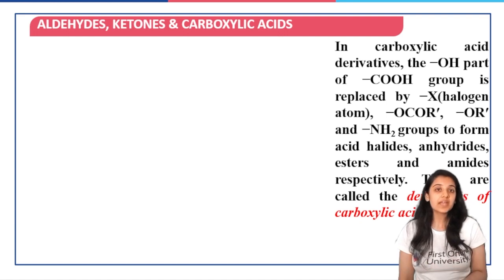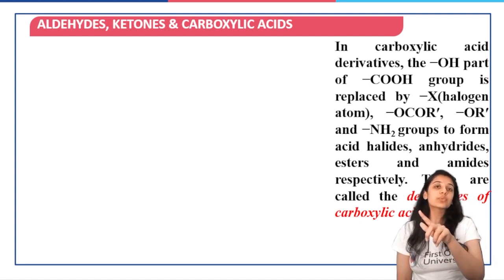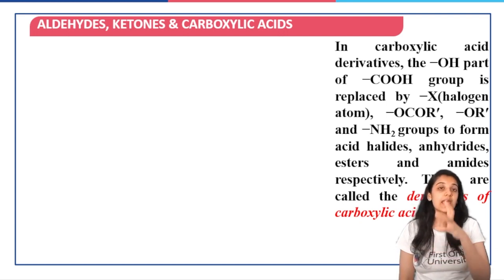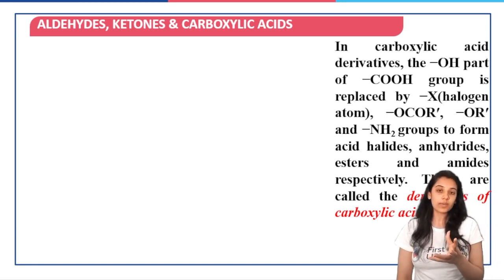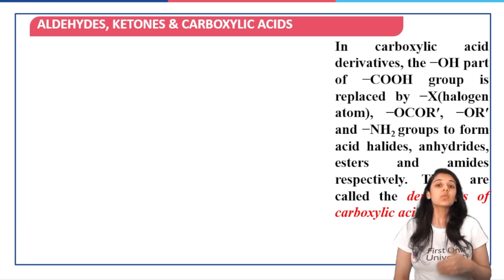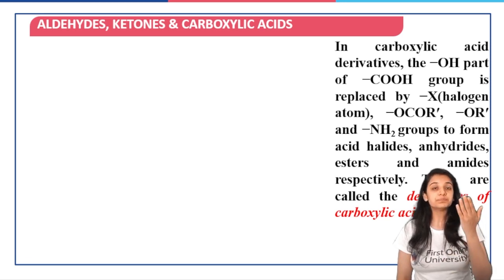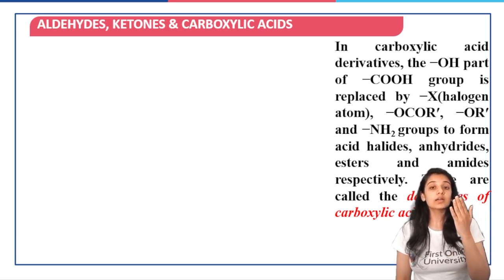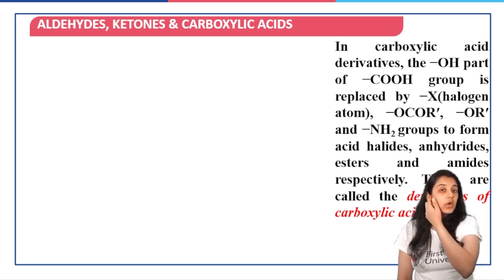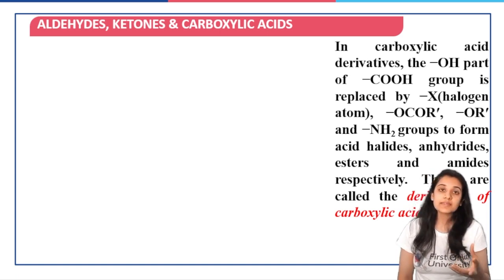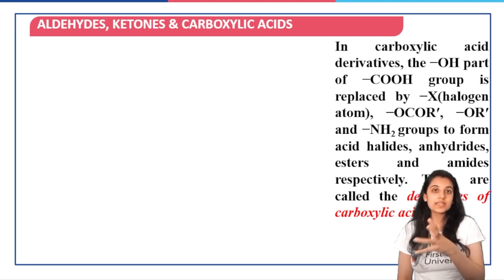Now, when we have derivatives, then this OH group is going to be replaced by some other group, say a halogen. So if X is replacing OH, that is a halogen atom, we will have the formation of the corresponding carbonyl halides. Okay, if we are replacing by Cl, we call it an